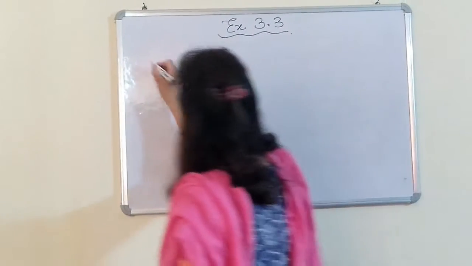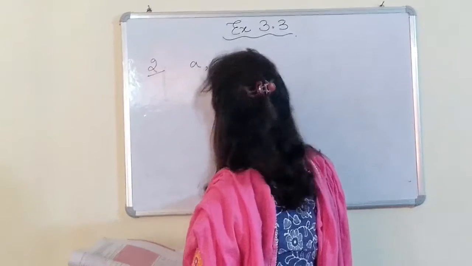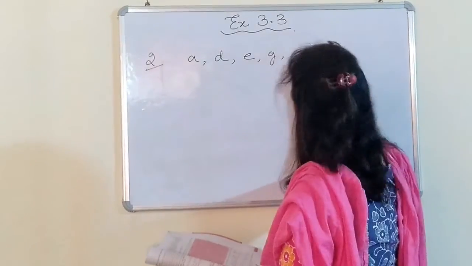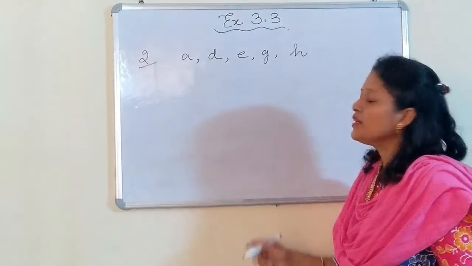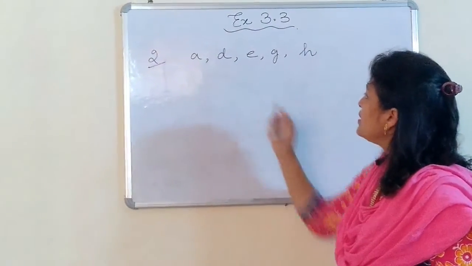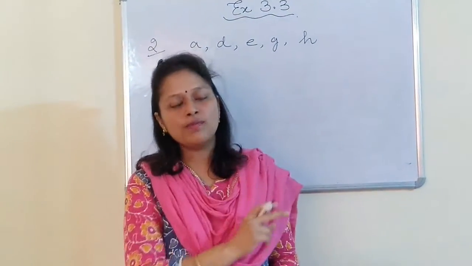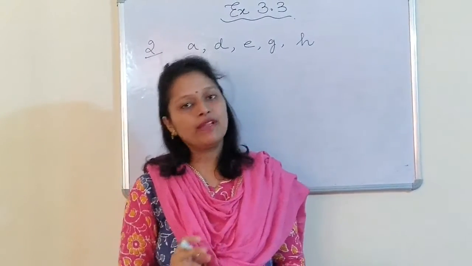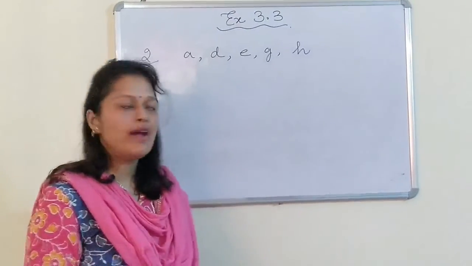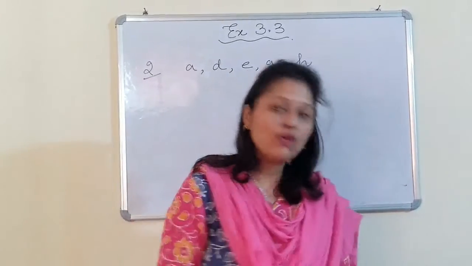So I am writing down question 2: A, D, E, G, H. All these parts you are required to do in your notebook. Question number 2, A part, D part, E part, G part and H part. I request all of you to do all these parts in your notebook, and that too with the complete reason, like I have done. First you will show all the division and conclusion part, then you will write yes or no with the reason. Now start question number 3.